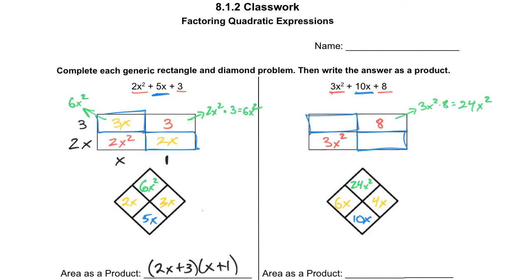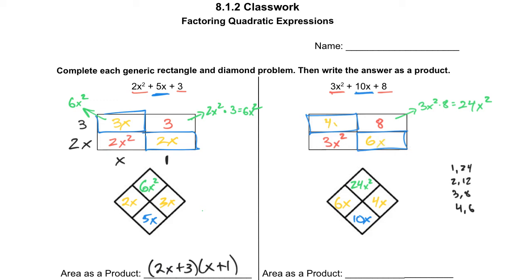If you struggle with that, you can find all the factors of 24, which would be 1 and 24, 2 and 12, 3 and 8, 4 and 6, and there's no more. And then you look at what the sum of those is going to be in order to add up to a total of 10. So you can just start listing, starting at 1, going all the way up as far as you can to finish your diamond problem. So to finish the generic rectangle then, it doesn't matter where you put those yellow values,